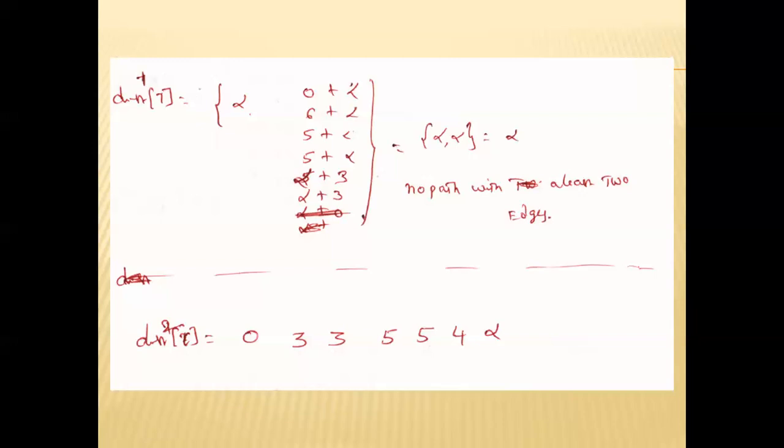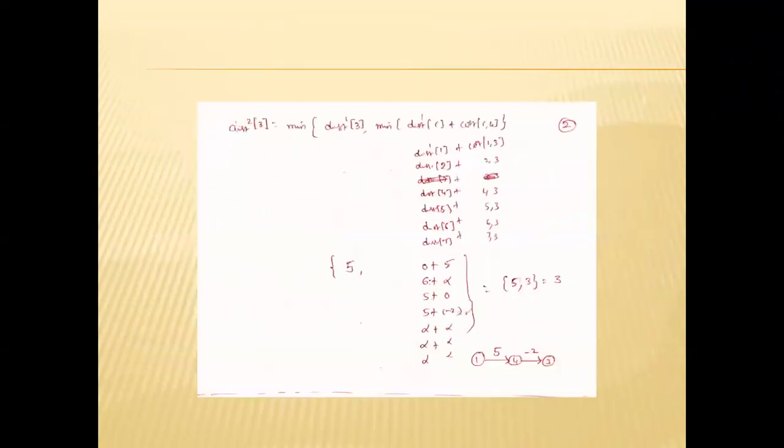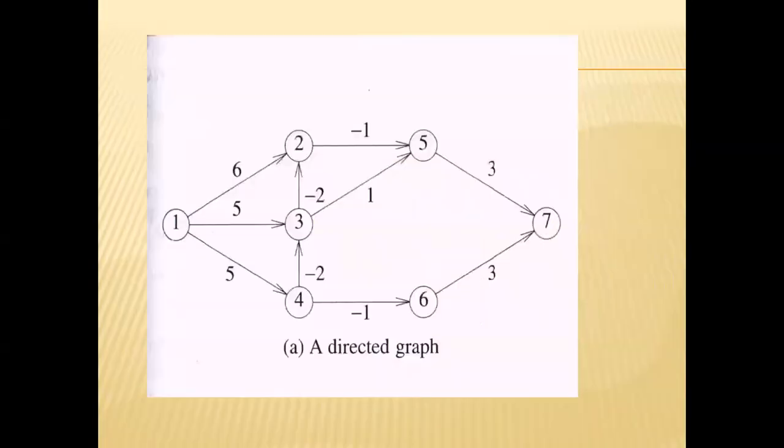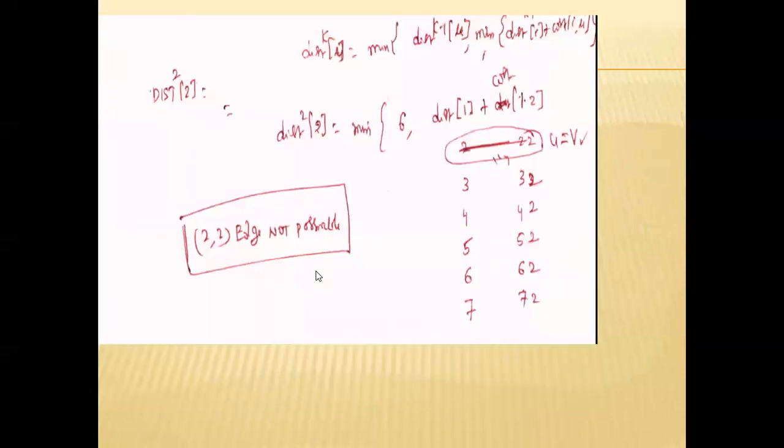There is no path by using a single edge or a double edge in the given graph. Actually, there is no direct path from 1 to 7, and there is no path by using 2 edges. There is another path by using 3 edges, but there is no path from 1 to 7 by using 2 edges.